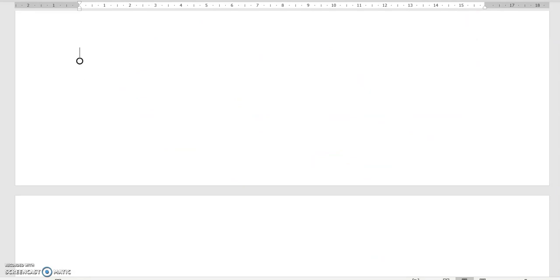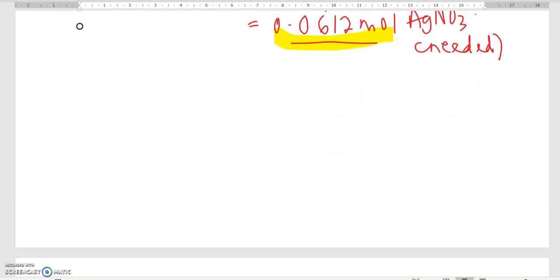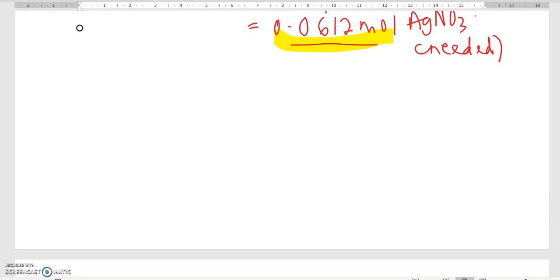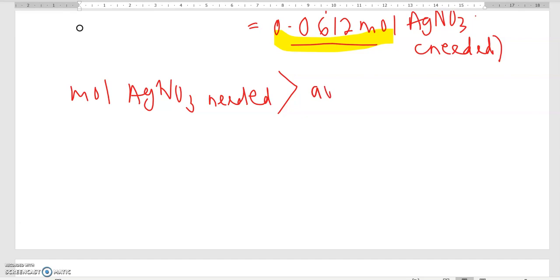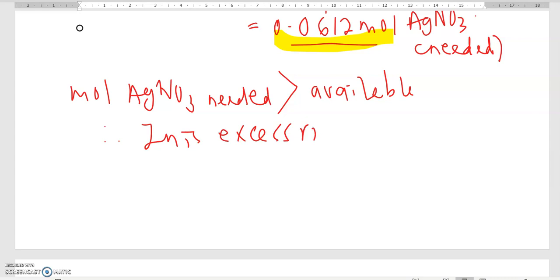So we can conclude that mole silver nitrate needed is larger than available. So therefore, zinc is excess reactant,